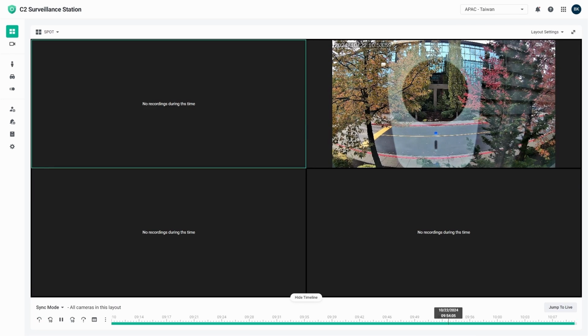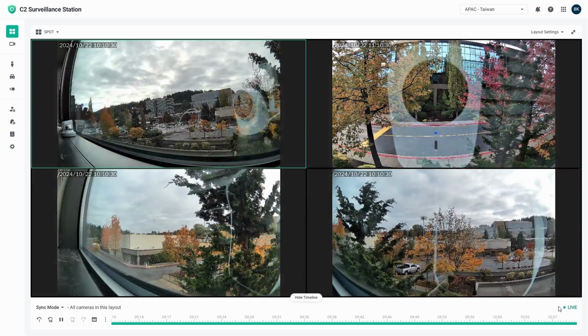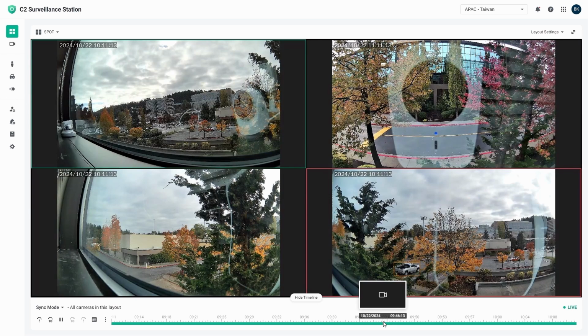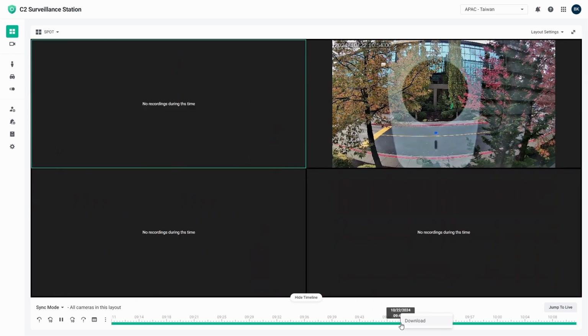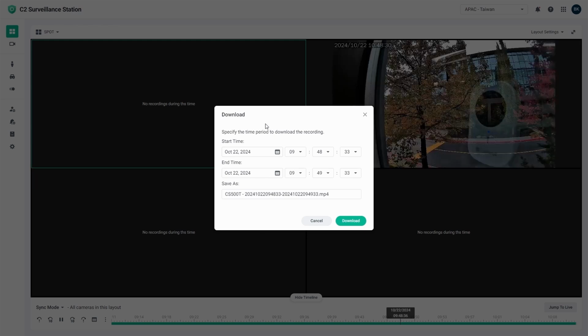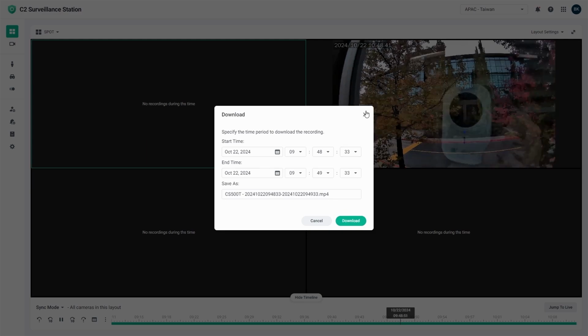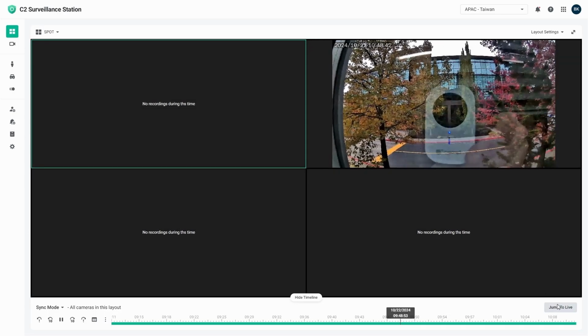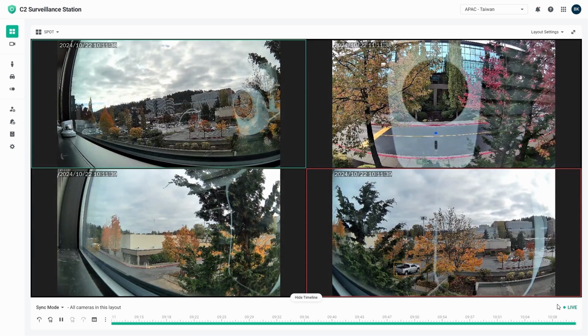Once you've actually found your detections, you can also use Jump to Live to bring the entire timeline back to the live point. And of course, at any point, you can right-click on the timeline at the bottom and click Download, and you can download a specific clip for the camera you have selected. You can also download your event results utilizing the event filter that we'll show a little bit later that lets you grab specific events rather than pulling it directly from the timeline, and we'll see that in just a moment.